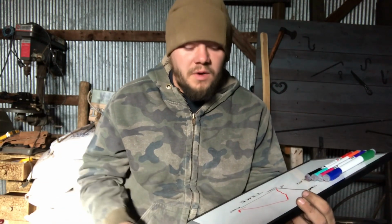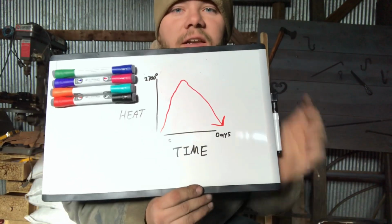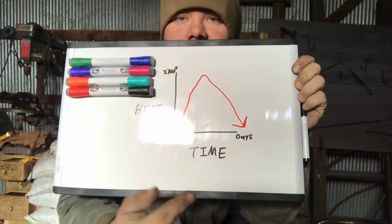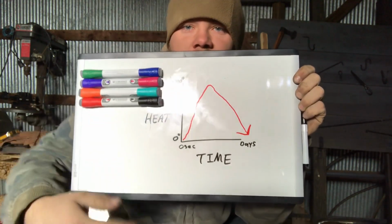Okay, now you can fully carburize a piece, make the carbon content homogeneous in a piece of iron with enough time and heat, although this is usually very impractical. Now I've drawn a simple chart here. Time on the bottom, heat on the side. And basically, the more heat you have, the less time you need for your carburizing. Now you see the chart goes up and then down. That's because